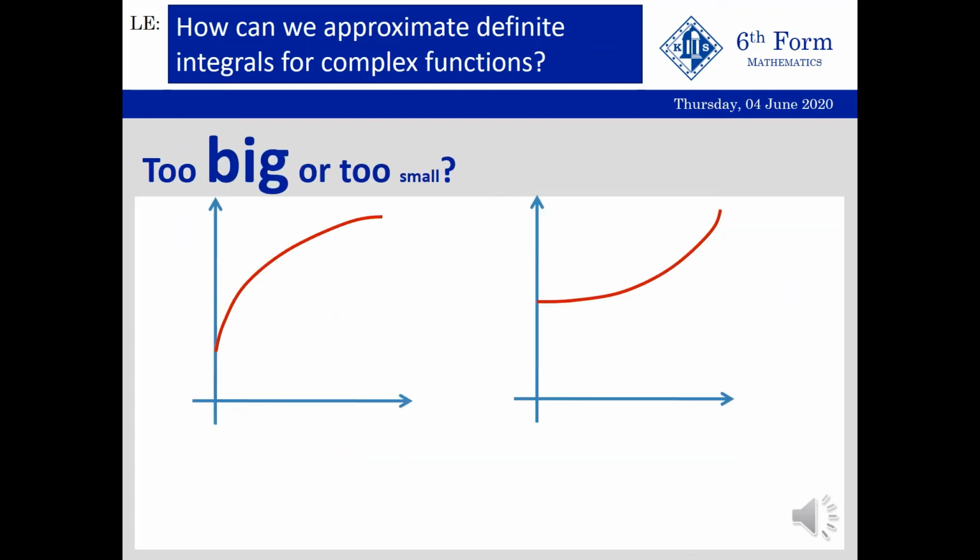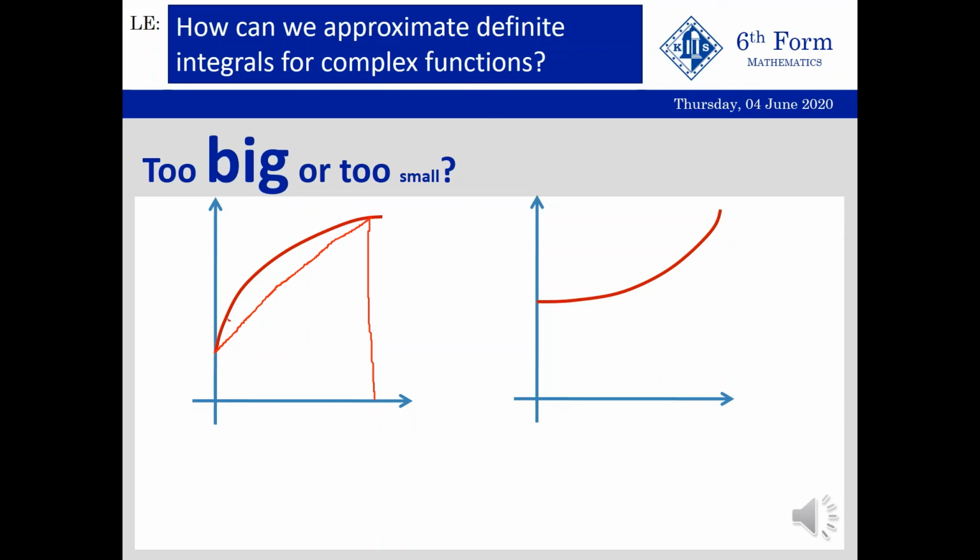Only other little bits to consider. You may be asked to consider if your approximation is too big or too small. This does rely on you being able to sketch the curve more accurately than we've been doing so far. So for these 2 pictures here, one of them will be too big, the other one will be too small. So if we consider, the easiest option is just draw one really big trapezium and see what happens. So for this one,